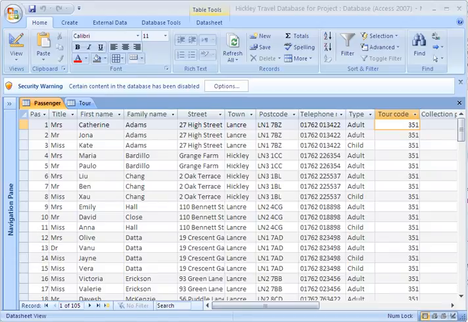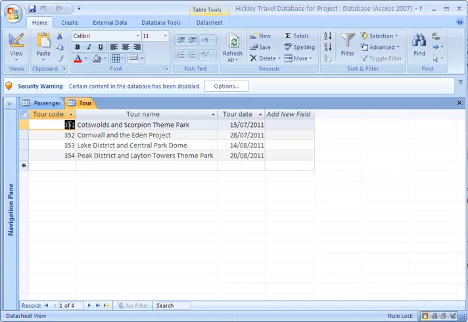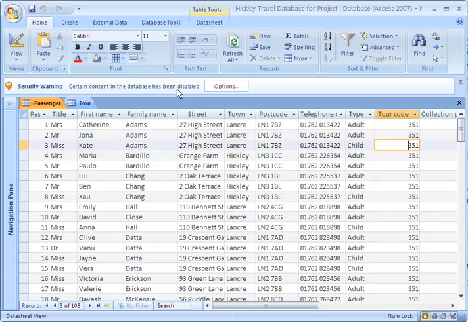Okay, this is a quick screencast that will show you how to look up a value in another table. Here's my passenger table and there's my tour code. At the moment I have to type in my tour code, but actually in my tours table there are 4 different codes that I could look up. So I'm going to change the field tour code so I can look up the values in the tour code